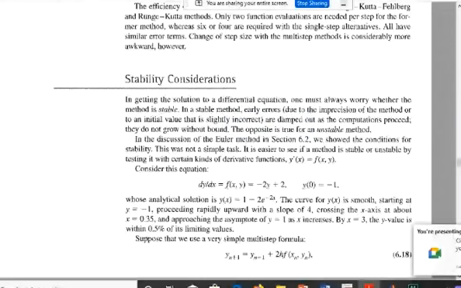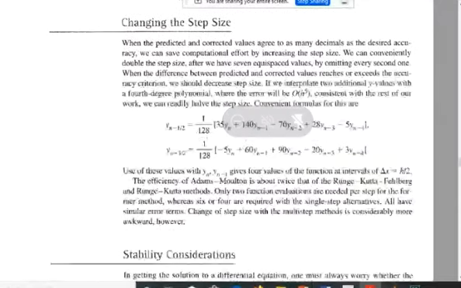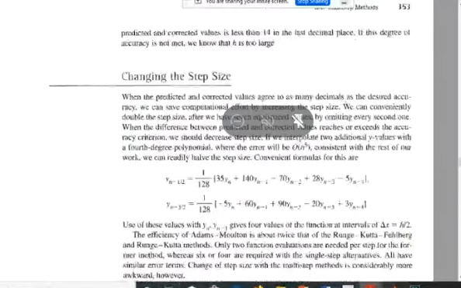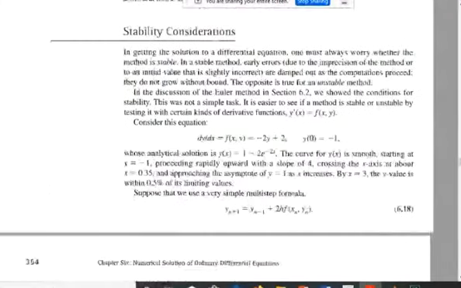When solving an ordinary differential equation numerically, the concept of stability is an important concept. You can see the book, page 353. The stability concept is an important